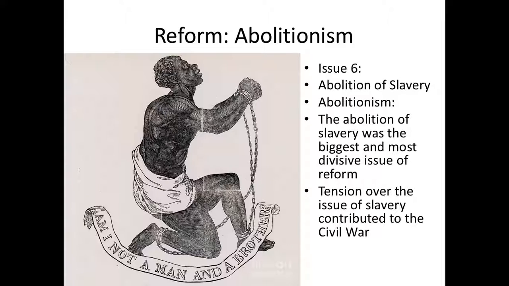So I would say, and I'm repeating myself, but for emphasis, the two biggest things that cause abolitionism to rise in popularity in the northern states would be the Second Great Awakening, making slavery be seen as a sin, and the fact that the country expands further west, and the North and the South fight over whether or not slavery can expand westward as well. So, in the end, this is the main issue that causes the American Civil War. It causes southern states to secede from the Union, and then it causes Lincoln to start the war in an effort to preserve the Union.